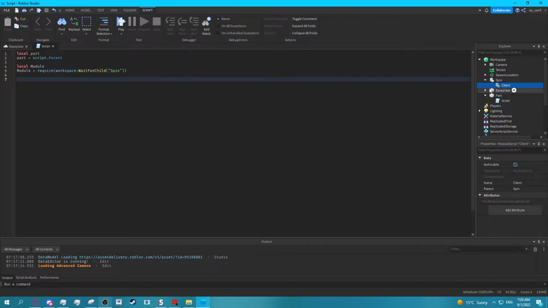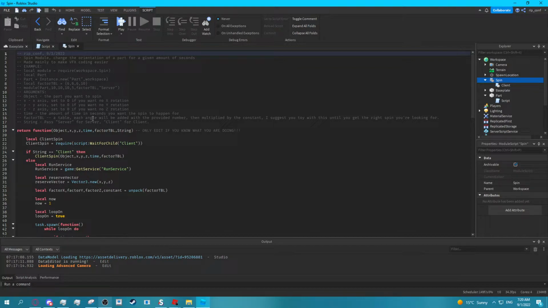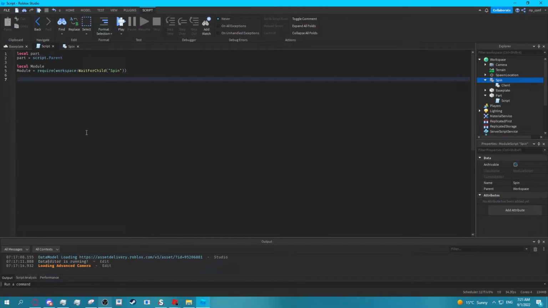This module right here is the client version of this one. This one will run on the server depending on the argument you pass. So for example, these are the arguments it takes. What if I want this part to spin? Let's say I want the part to spin on the x-axis by 20 degrees and not on any other axis for like 8 seconds, whatever. And then the factor table, so we want to put 10 on x, 0 on y, 0 on z,